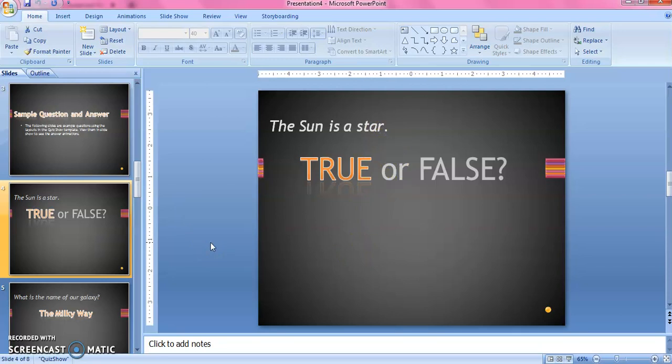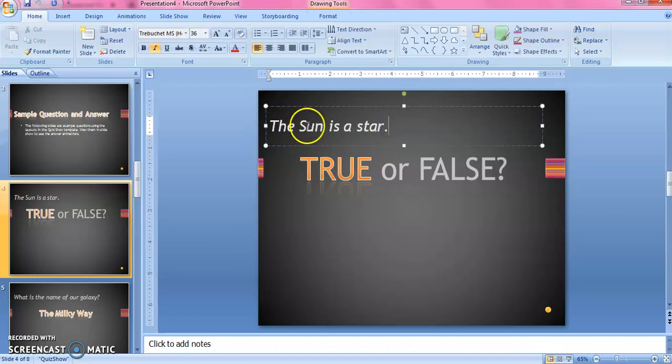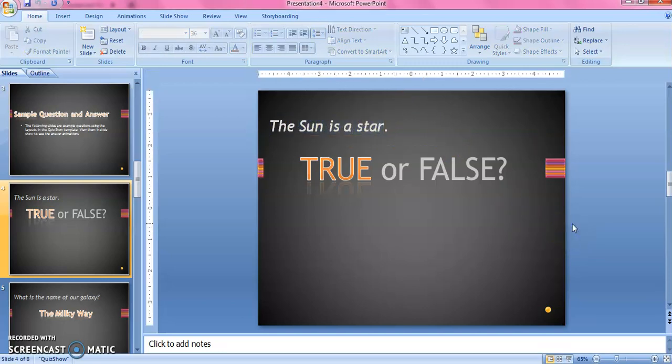If you want to use this design, you can do that. If you want to change the content, you can do that. Just simply click here and change the question. That's all. So templates provide pre-content slides to you, which is more helpful than the theme. For a theme you have to put in the content. For a template you can use it as it is, or you can modify the content.